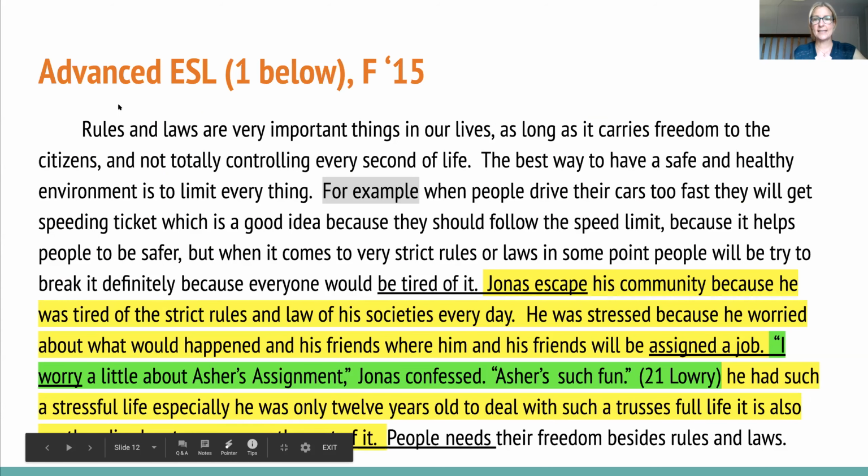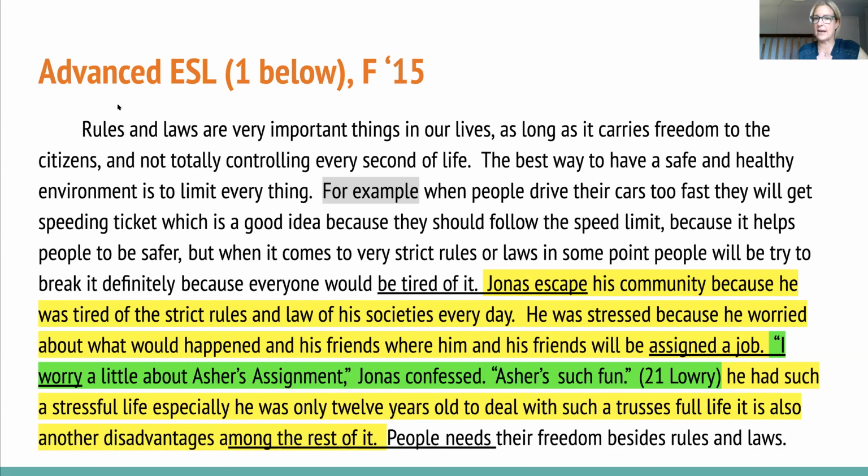So this was from her second attempt in that advanced integrated reading and writing skills ESL class that she took with me. This is writing that she did. We had been reading The Giver, and you can see that here she's working on, again, text integration, how to incorporate ideas from what we've been reading into supporting her idea in the writing. And so I've got a couple things to focus on.